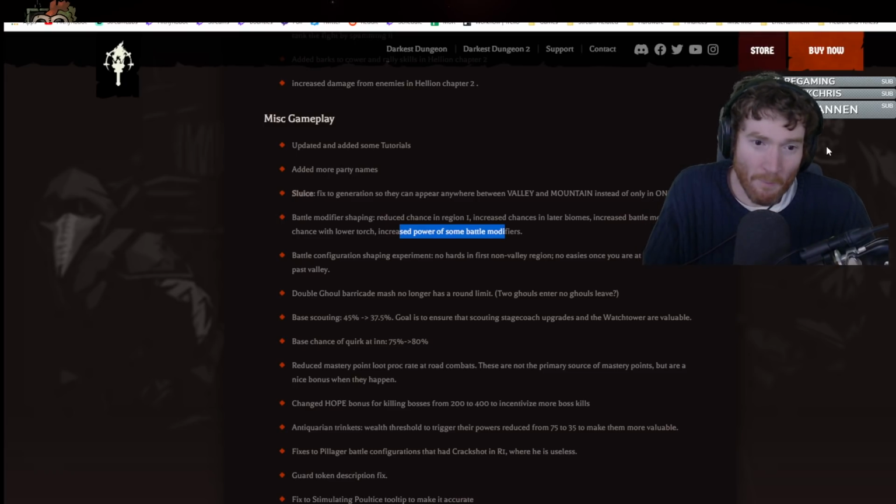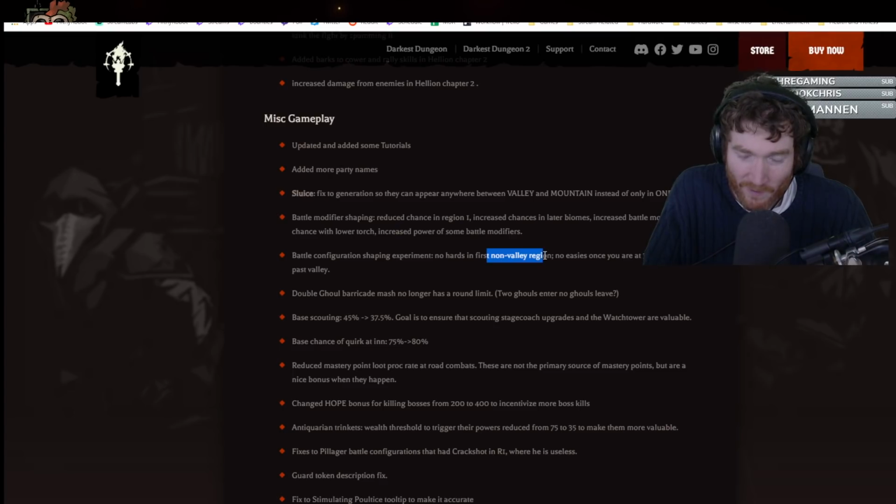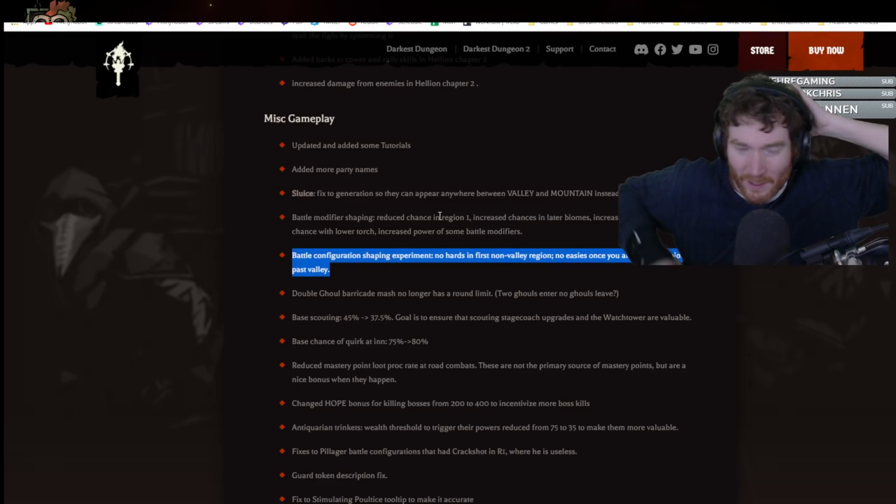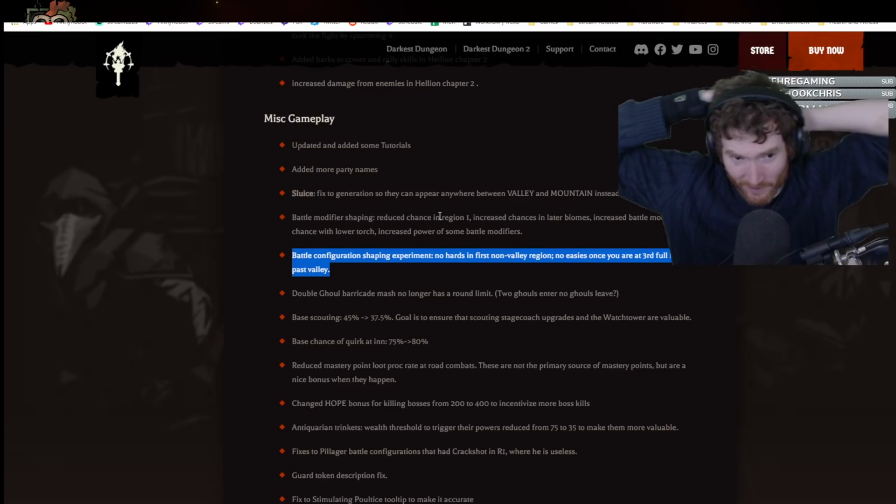Okay. Battle configuration shaping experiment. No hands, no hards in first non-valley region. No easies once you're at third full biome past valley. Isn't that what they said they weren't going to do in the interview we just watched? I'm glad they've rethought that,